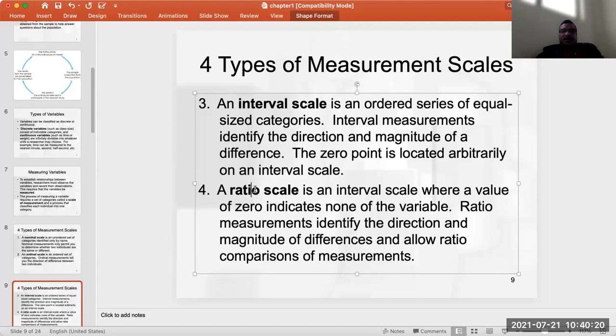So in the ratio scale, 0 is the point where there is no variable, because none of the variable is present. And you know that from thermodynamics, by any means, we can't achieve absolute 0 degree Kelvin.